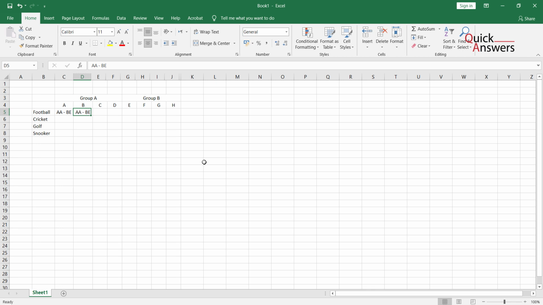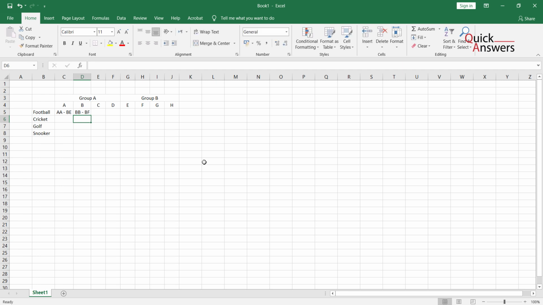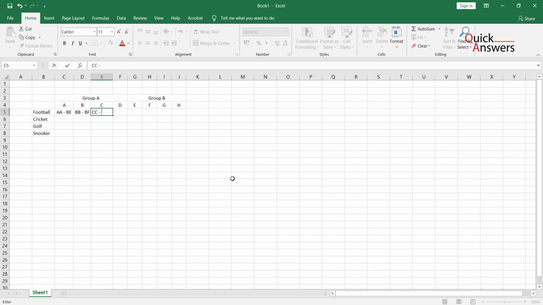In team B, B versus group B, F. And group C will play C versus BH. So these are the names of the teams. And where did I get these teams from? I've selected it from here because